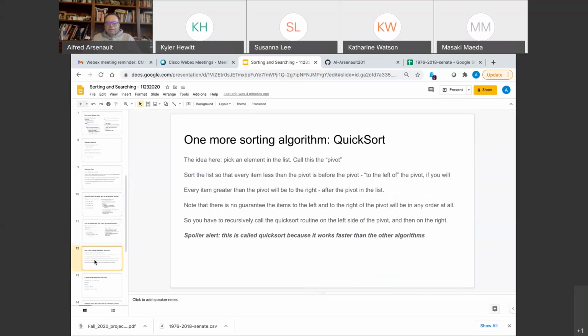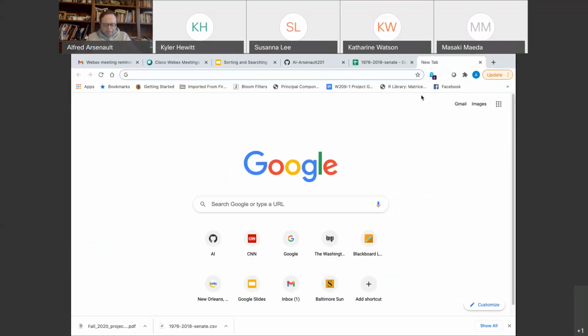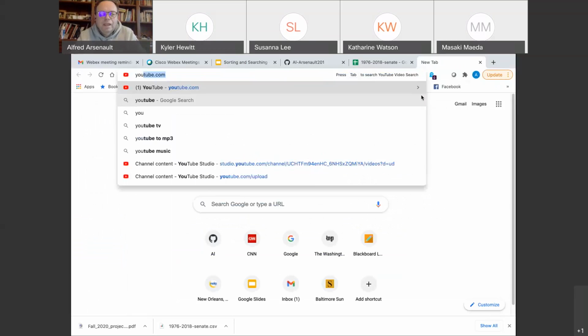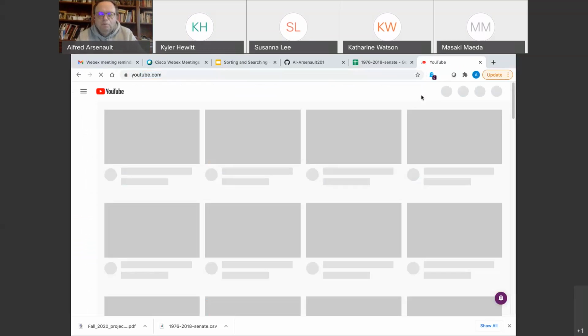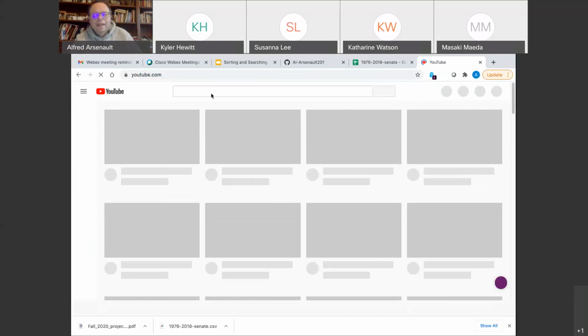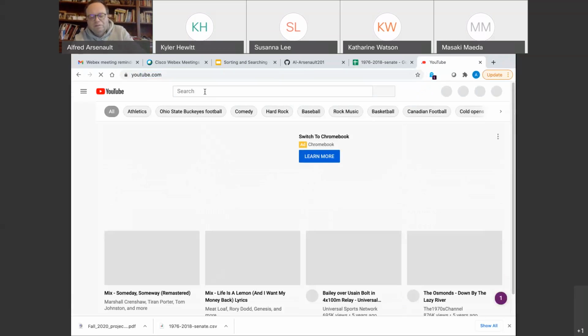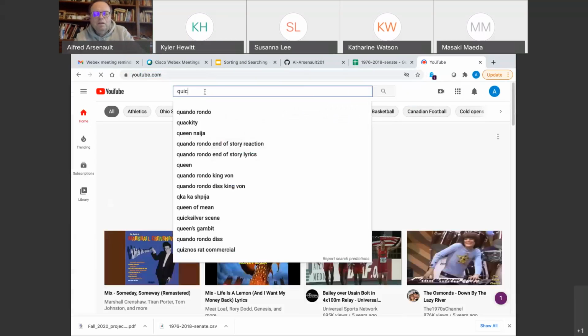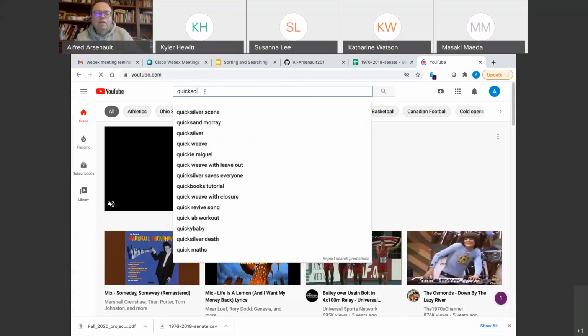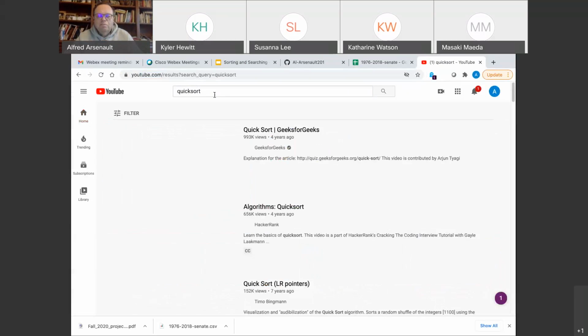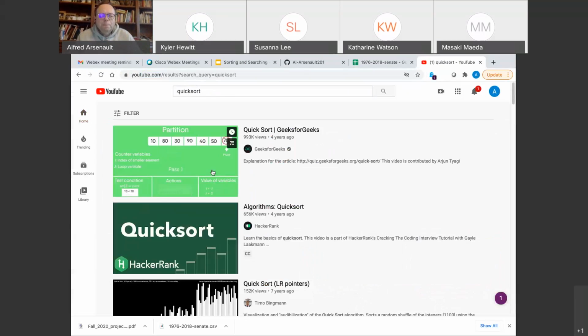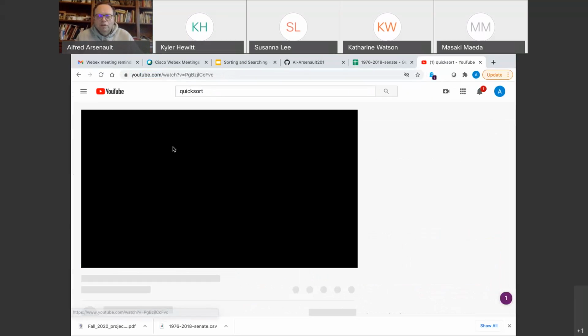Now, there is one other algorithm we have to study. It's an important one. It'll be crucial for you going forward in computer science because it's the most efficient algorithm, and it's called quicksort. And it's called quicksort because it's very quick on average. It is the most efficient algorithm. Now, what we're going to do on this video,